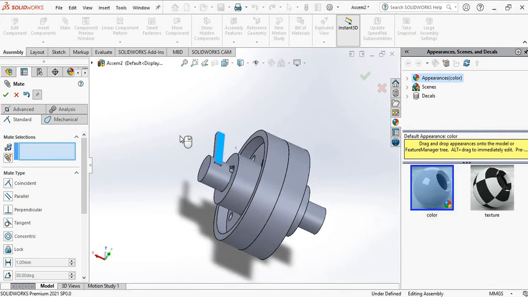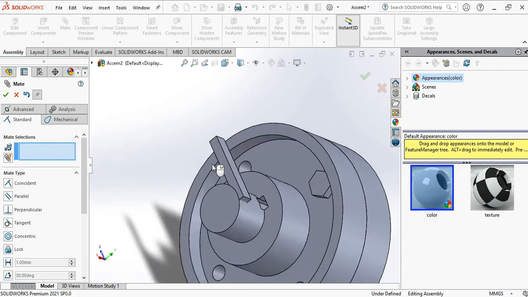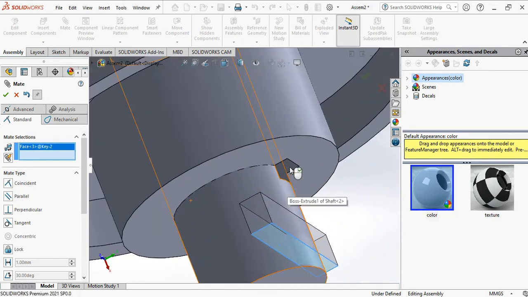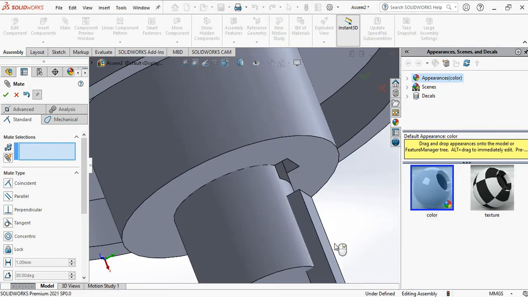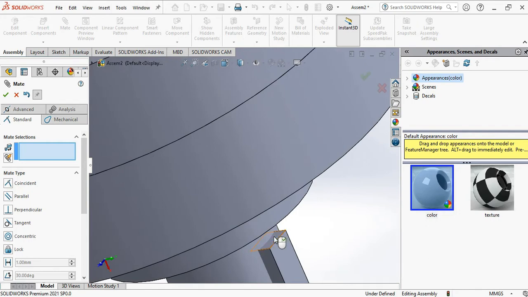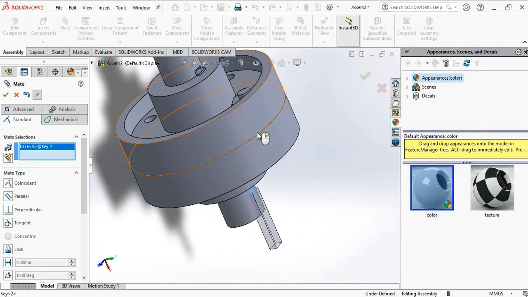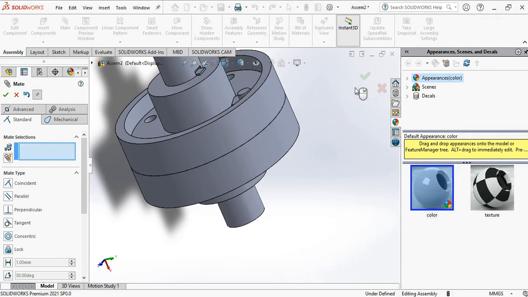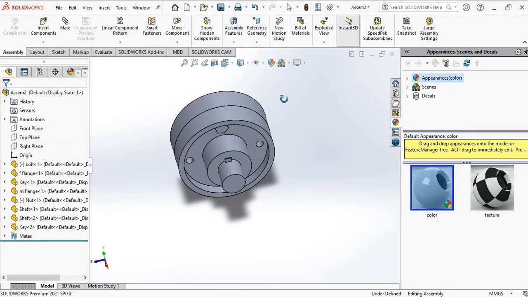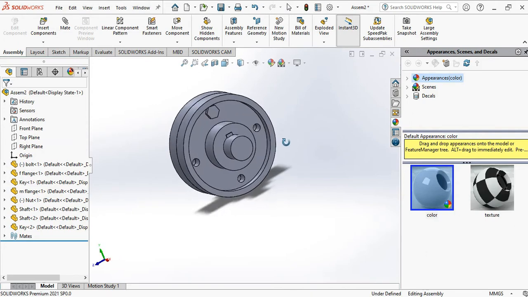Now here, select this side face, also this side. And last thing, you have to arrest this linear movement like this. The key is placed on both the shafts.